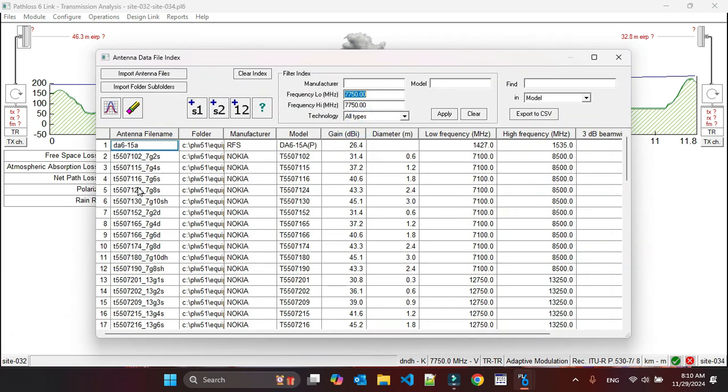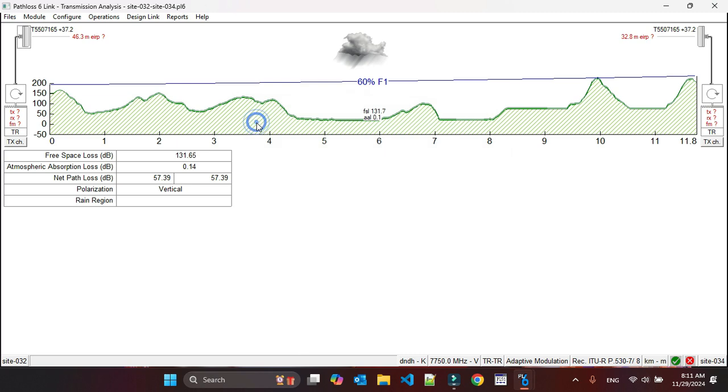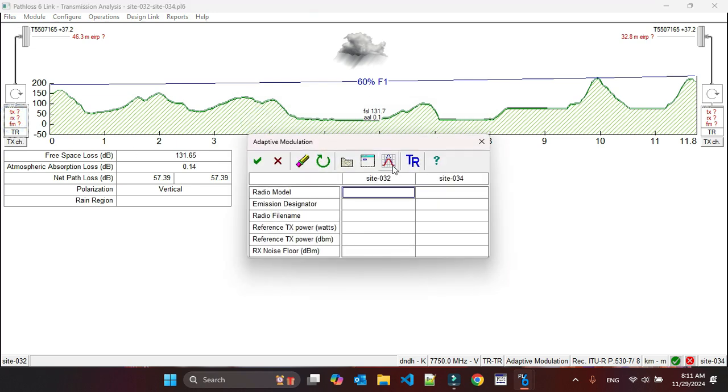You will put in which antenna you need. There is the antenna name. If you know the antenna name, then it is very good. If you don't know it by name, you can see that this model, which has this file, has a gain of 37, a diameter of 1.2, and it is in the 7 gigahertz full range, 7100 to 8500. Let me put it for the time being. And similarly, you have to put a